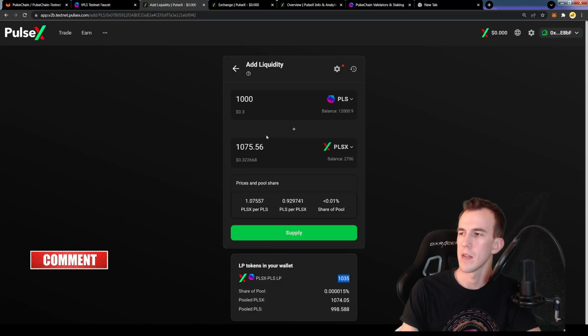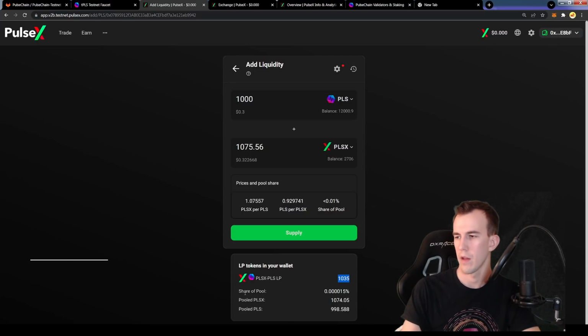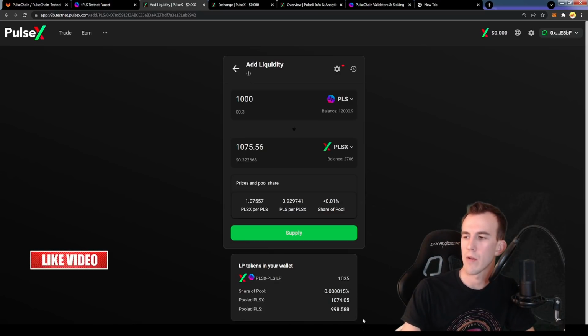These represent the position I had here. My share of the pool is very tiny, 0.00015%, which is fine. But look, you see how my numbers change? I've already sold some PLS to maintain that ratio from the start. So this is constantly changing.